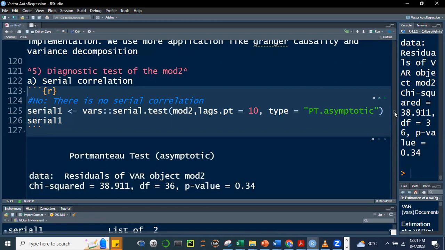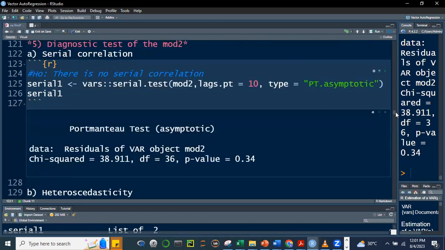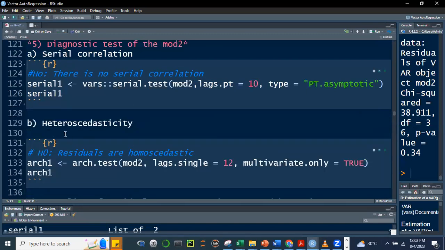Right, so we have this Portmanteau test. Right, ang null hypothesis dito is that there is no serial correlation dun sa residuals ng model natin. With the p-value greater than 0.05, then we fail to reject the null hypothesis. Okay, so there is no serial correlation, which is good. No? Okay yung VAR model natin. Okay, no serial correlation. All right, then we go to yung